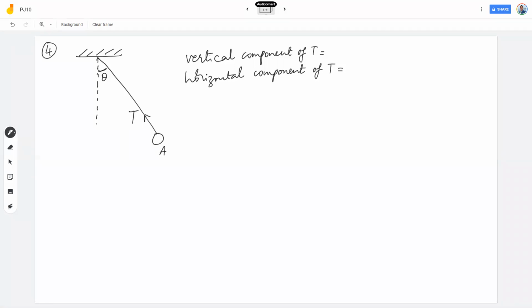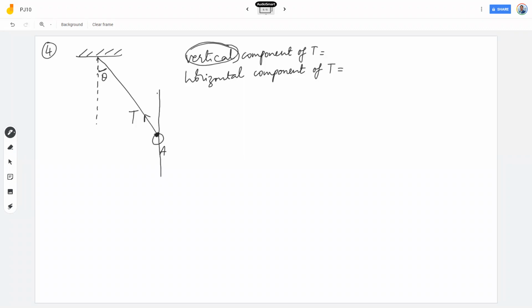So the force is T. If I want to find the vertical component, everyone please listen. Whatever vector I am resolving, I'll make sure the initial point of the vector is on the vertical. See, there is no vertical line drawn here, so I will draw an imaginary vertical line here. Okay, let me draw a vertical line here.